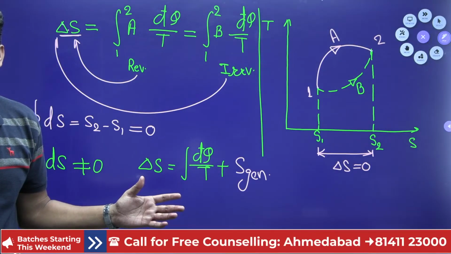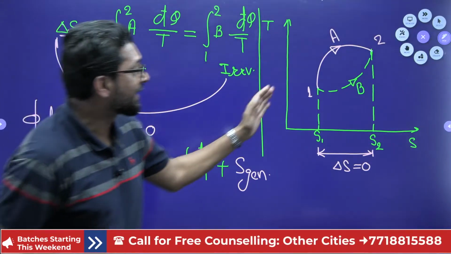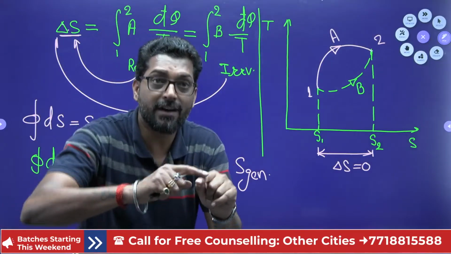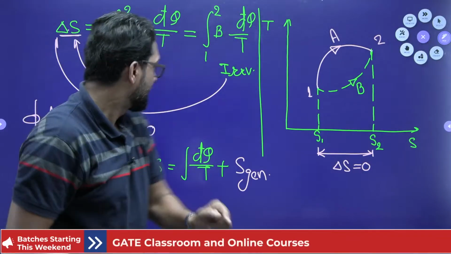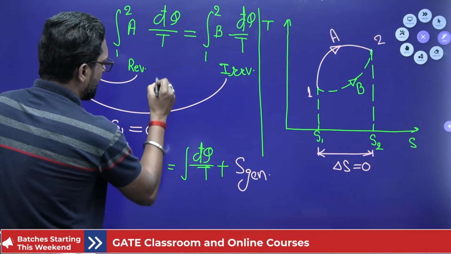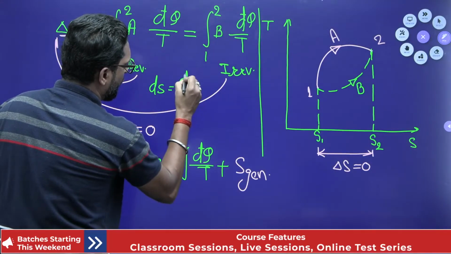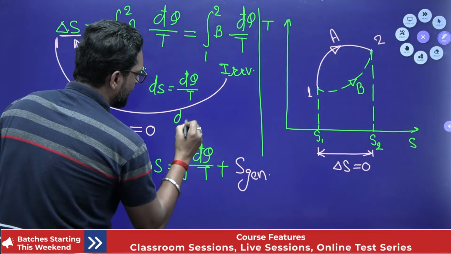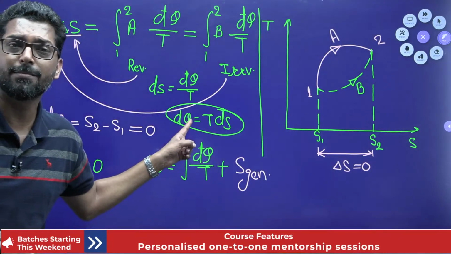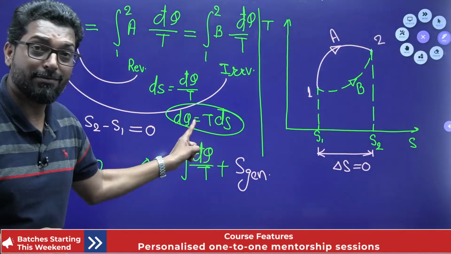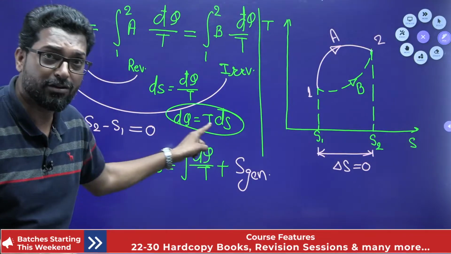Obviously. More area, yes, no, it is not like that. More area, reversible manner, you can say that. In the reversible manner, the change in entropy is defined. What is that? dq by T. See, dS is equal to dq by T, and this dq is equal to T dS. So the area is defined only for reversible, not for the irreversible manner. Why? Because in the irreversible you cannot. This is for the reversible equation.